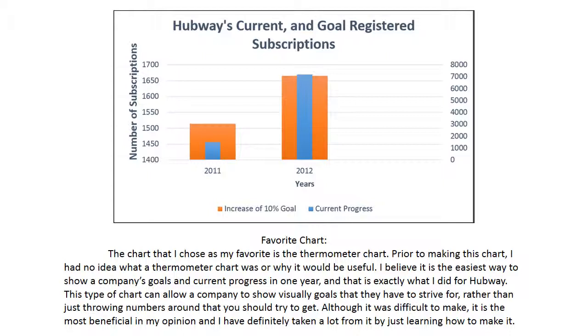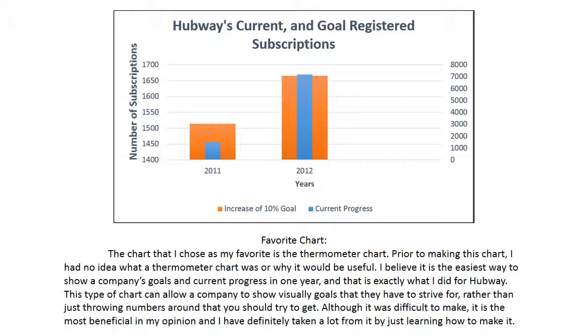On this slide I have my favorite chart, which was a thermometer chart, and right below it I have written favorite chart, and I pretty much explained why this was my favorite chart. So what Haleigh did was they wanted their subscriptions to increase by 10% per year, and that was their goal. So this chart pretty much shows how many subscriptions it would be to be a 10% increase and how much